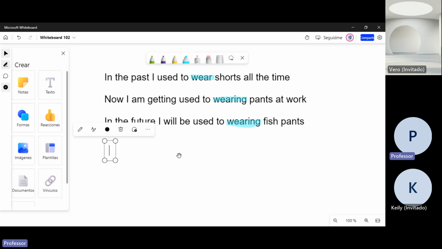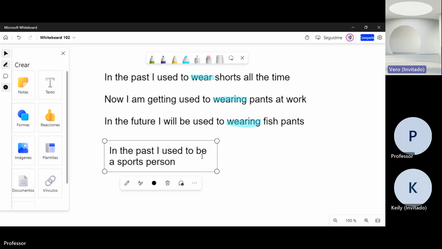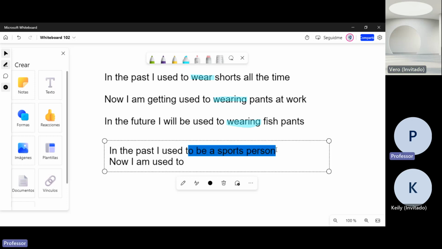Well, let's say for example, in the past, I used to be a sports person. Now I am used to... Now, you know what? I'm going to change this one. I used to smoke a lot. Let's say. Now I am getting used to